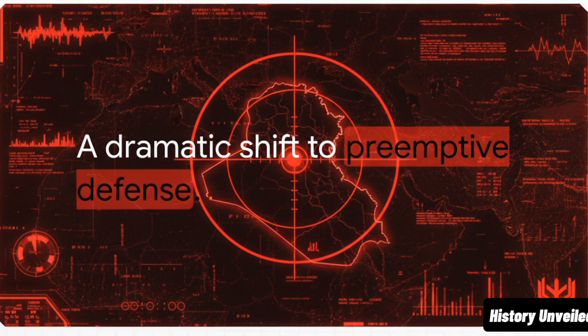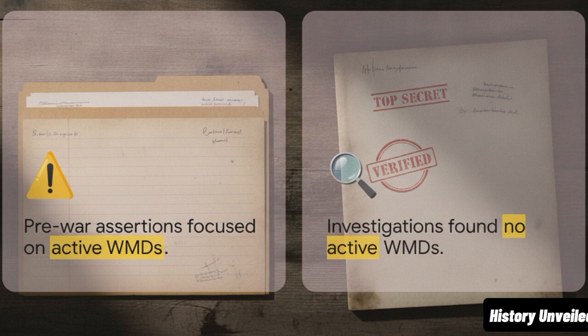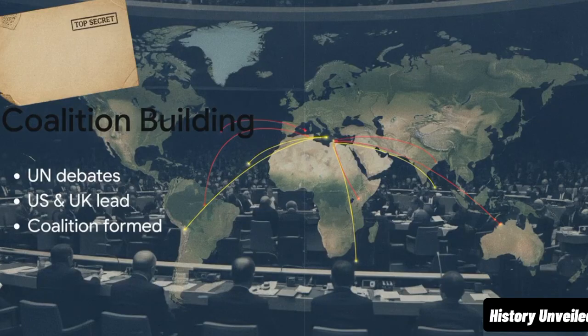To really understand the lead-up to military action, we have to neutrally separate the pre-war claims that drove policy from the historically verified facts. Assertions at the time, like those famously presented at the UN, focused heavily on claims of active weapons of mass destruction programs, painting Iraq as an imminent threat to global security. But we have to separate that from what was verified later. Post-war investigations ultimately concluded that no active stockpiles of weapons of mass destruction actually existed at the time of the invasion.